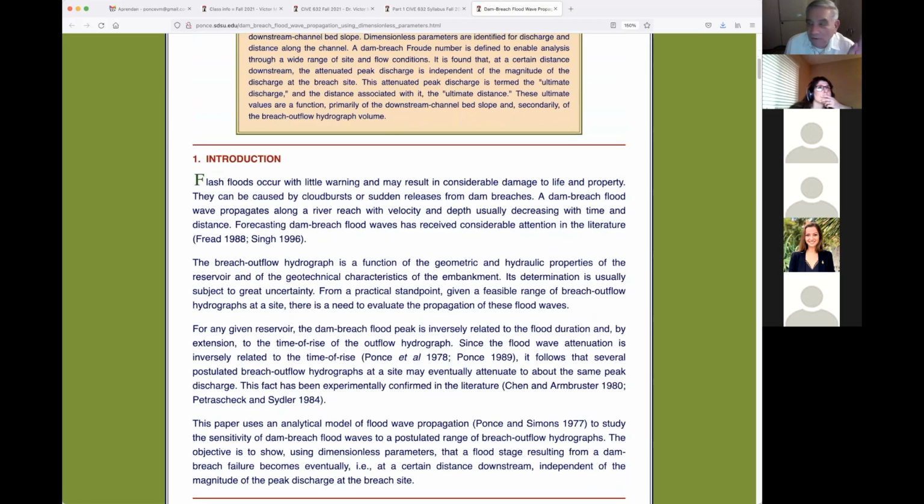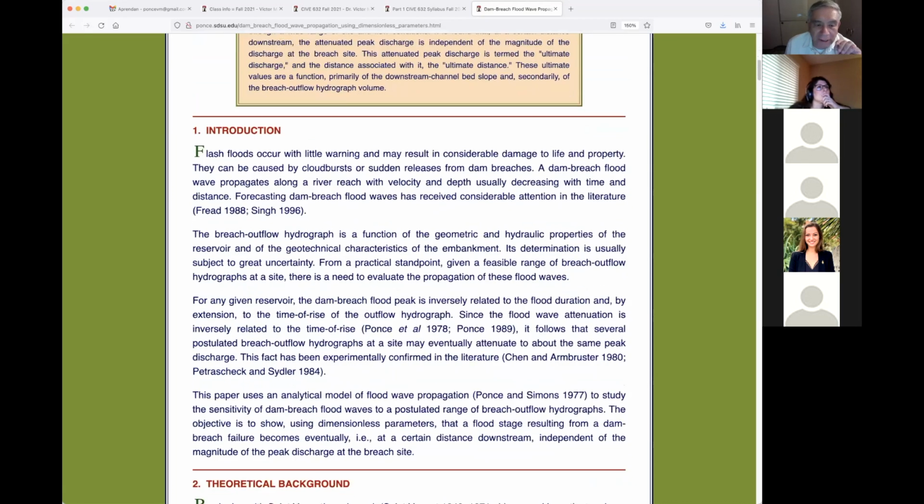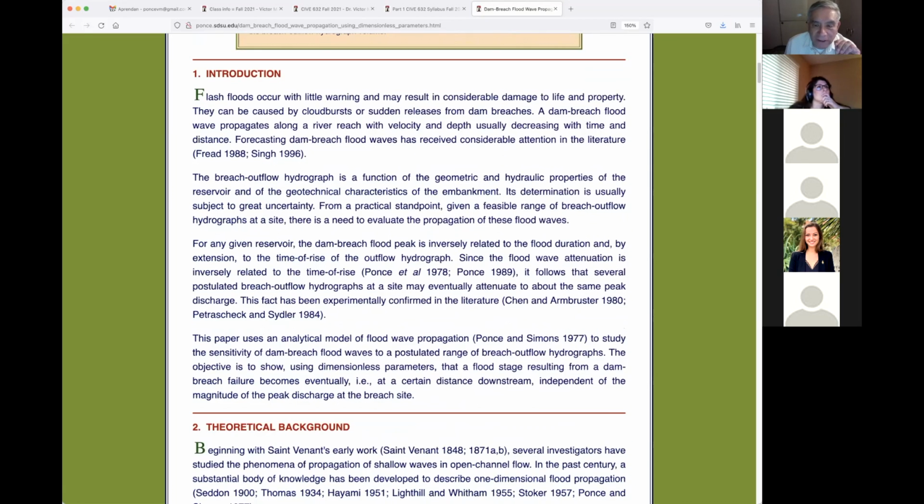So flash floods, we already know flash floods, we know the problems, we know the Teton Dam failure, which is a terrible disaster. Okay, I can expound later on as to why did that happen. Breach outflow hydrograph is a function of the geometric and hydraulic properties. Right, so in an earthen dam,